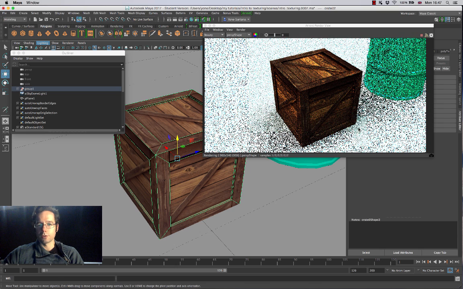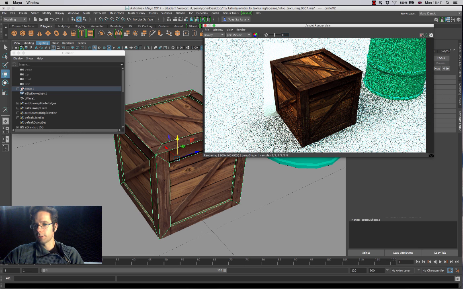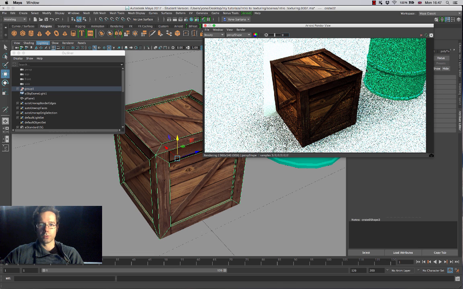If you ever get your processor going a little bit too crazy, right now I'll show you an end result of what this can look like. You can always press the stop button over here inside of the Arnold render view, and that will pause the rendering of your objects here, so it won't be refreshing constantly again and again. So with some additional tweaking, what we're starting to do is really see the difference between these two objects over here,